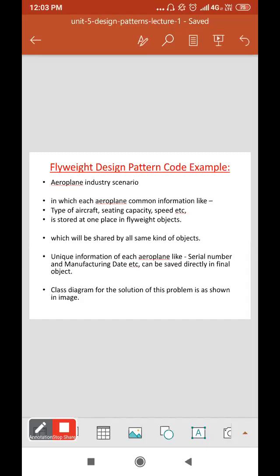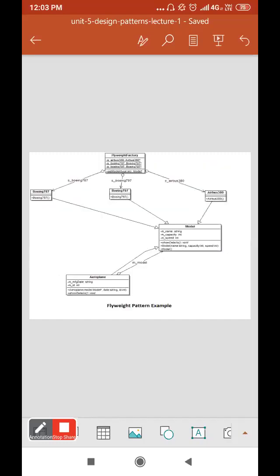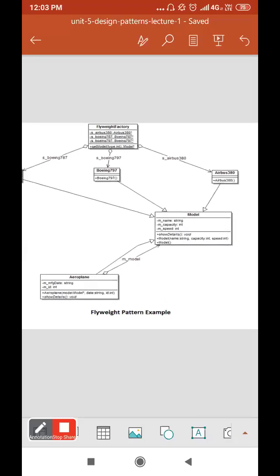The unique information of each aeroplane, like serial number and manufacturing date, can be saved separately in final objects. The class diagram for the solution of this problem is shown in this image. You can see this.